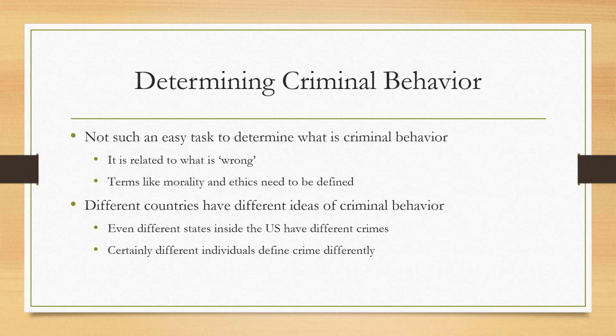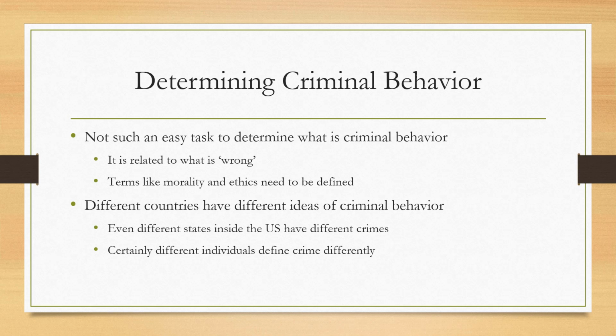Okay, determining criminal behavior, it's not easy to determine what's right and wrong because, of course, different countries have different ideas of what is and isn't a crime. Even different states in the United States have different definitions. There are some counties in Nevada where it's legal to have prostitution, and not in North Carolina. There are some states in the United States where it's legal to possess marijuana, not in North Carolina. There are some states in the United States where it's okay to assist in a suicide or have euthanasia, not